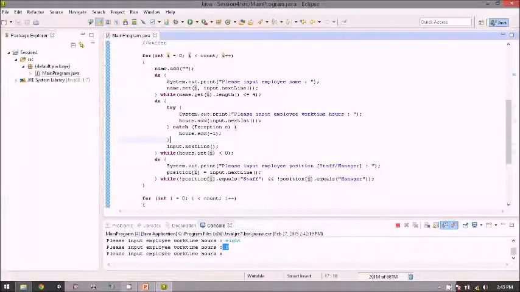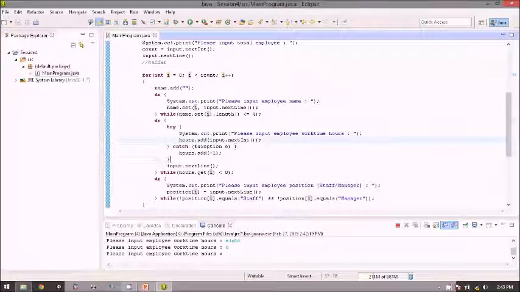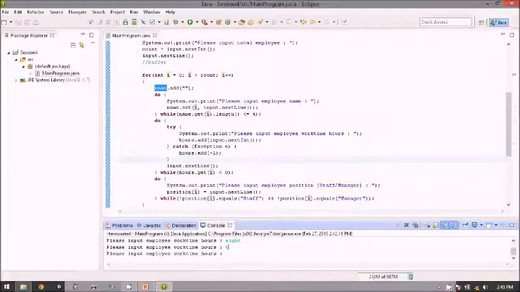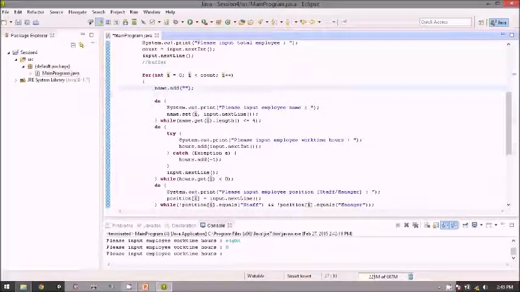So how do we solve this? We just use the same thing like the name. We just need to set a default value at the start of the loop. So let's add the hours. Let's add 0. So the default value is 0. And then for this one, we use the set instead of add.